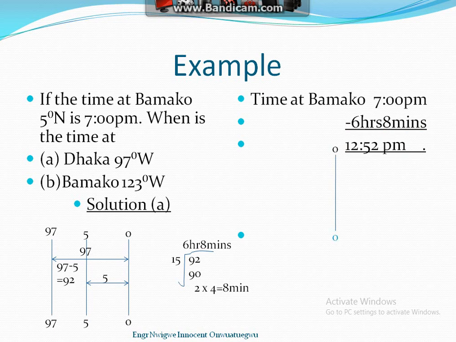Then for the time at Bamako, from the original prime meridian of 5 degrees north and the place in Bamako that is 123 degrees west, we find the difference